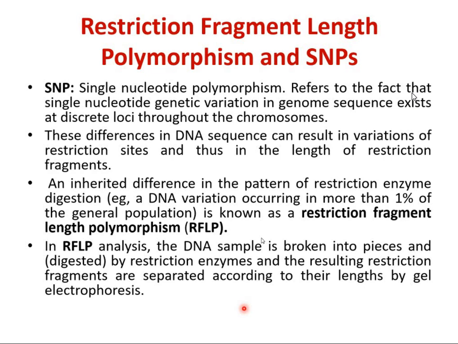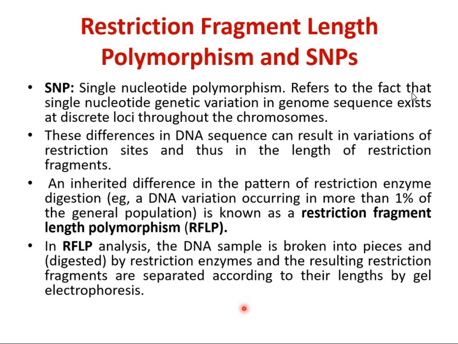Here, gene A, say for example, it is not the same in all individuals, there is a variation in the sequence. In that gene, at a particular location there is a change of one nucleotide base, and that will be called a SNP if the frequency of that change in a particular population is more than 1%. If more than 1% of people in a particular population have that change, then we call it a SNP. If it is less than 1%, it is known as a mutation.